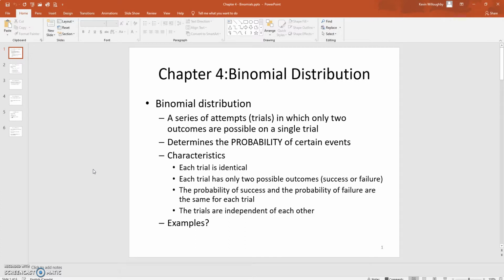Some of the characteristics are that each trial is identical. Each trial has only two possible outcomes. The probabilities of those outcomes don't change as we go from one trial to the next trial, and the trials are independent of each other. Some examples